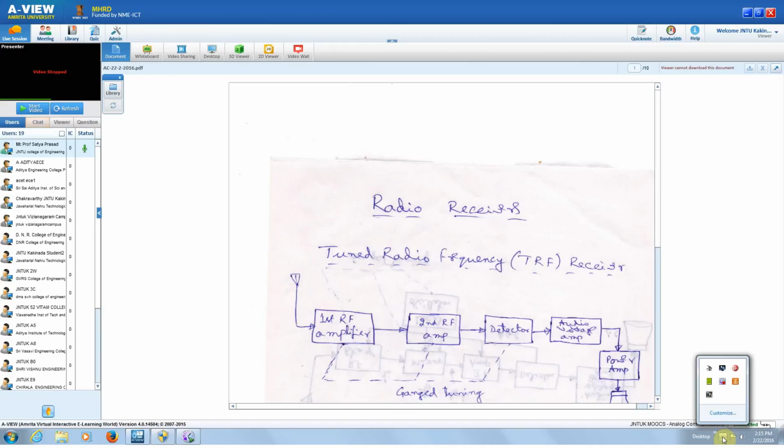So the medium band AM transmission will be having frequencies ranging from 535 kilohertz to 1640 kilohertz. Therefore, suppose you are choosing a station at 800 kilohertz, then your receiver has to tune